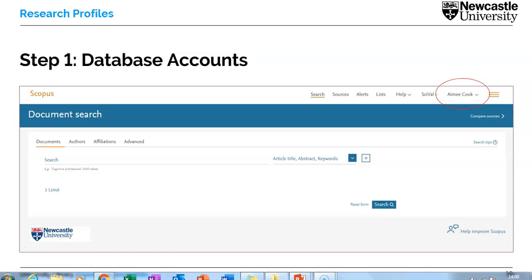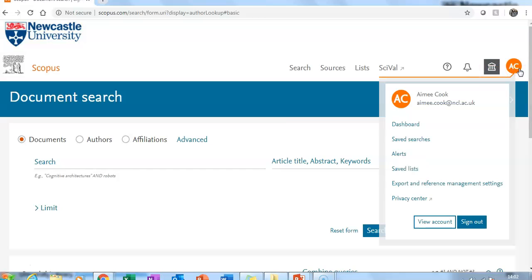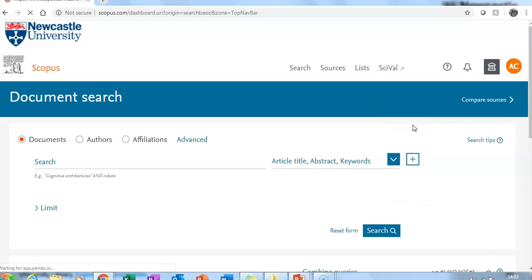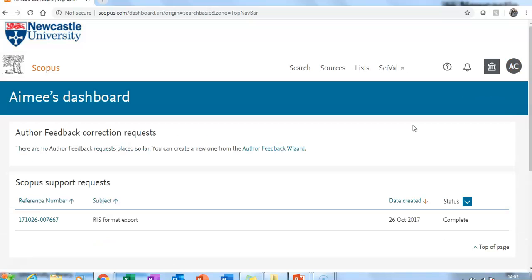Now you will know that you have a personalised account and that you have logged in correctly when you see your own name appearing on the screen. And I have in fact gone to the native platform here because there has been an interface update since I added that screenshot, so you can see the layout looks slightly different, but I have my initials at the top right of the screen, and you can see that I have the option to go into a personalised area. So that's quite simply what I mean by personalised accounts in these different platforms.